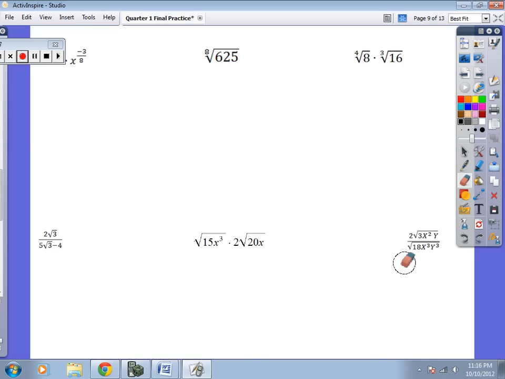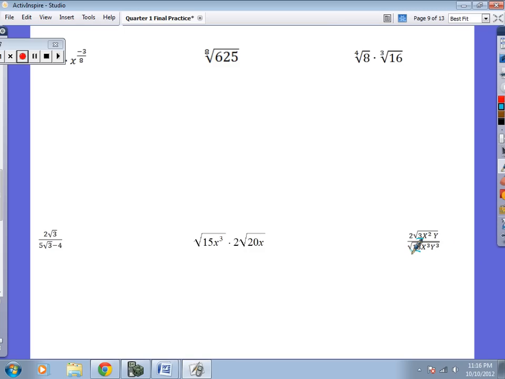So what's underneath plays together. So this 3 and this 18 play together. 3 and 18 is always going to be 1 and 6. Always, always, always. Now your x's, if you've got 2 x's on top and you've got 3 x's on bottom,